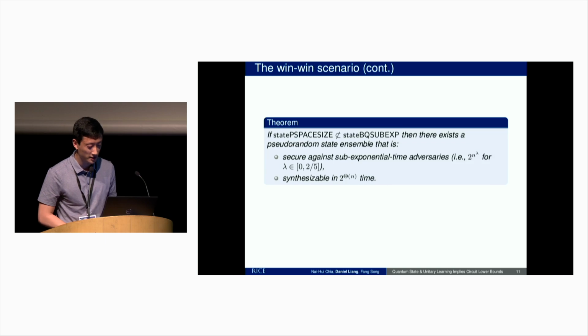But perhaps more interestingly, if we assume the other direction, then what we can show is actually the first complexity theoretic pseudorandom unitary, which has the following parameters. Basically, it takes a really, really long time to compute, but is also secure against sub-exponential time adversaries. So it's a very, very strong PRU. And basically, the idea is that if you can learn a circuit class that contains this PRU, that means it cannot compute PRUs. And if it cannot compute PRUs, then this breaks the assumption of this theorem. And that's how